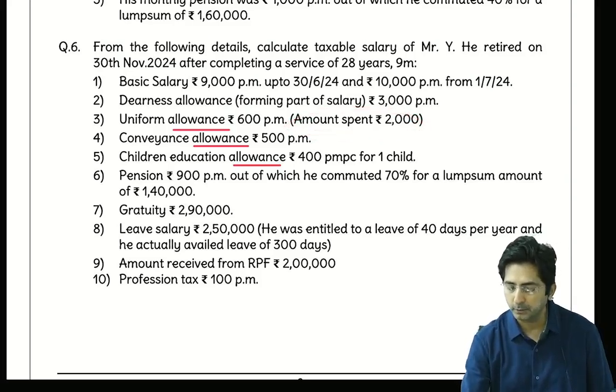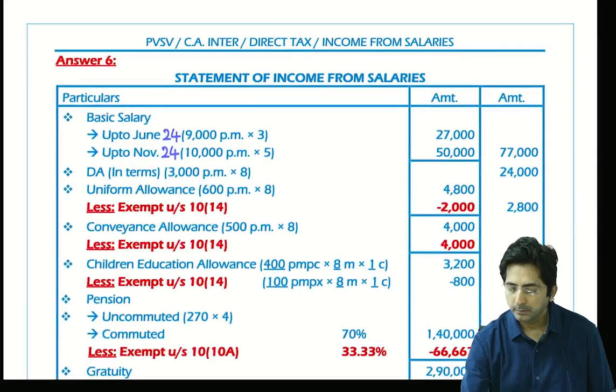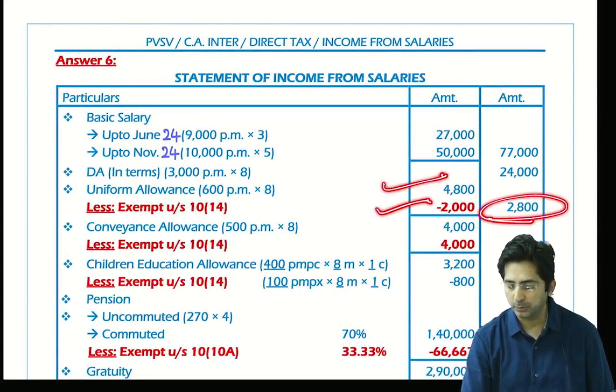So first in the inner column you will write what? Yes, 4,800 inner column, 600 into 8. Less exempt under section 10(14). Amount spent. Outer column 2,800. Okay. Then